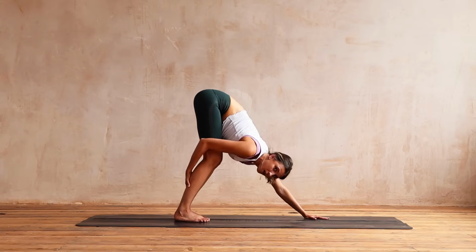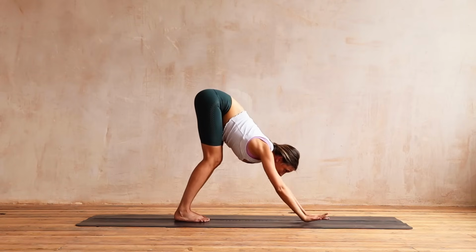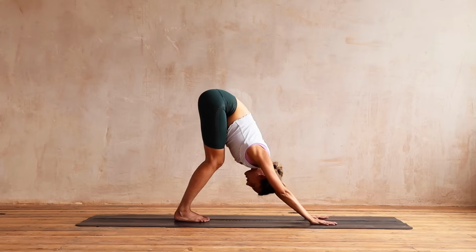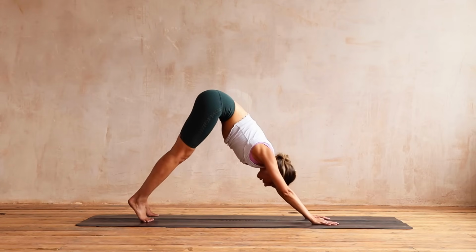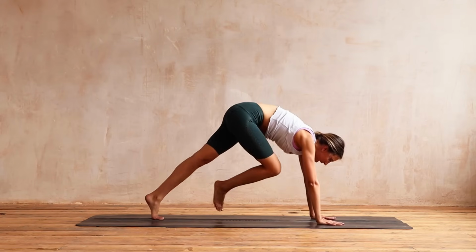Feeling into the calves here a little bit, maybe into still the hamstrings, tuck the tailbone under. So it's definitely not a downward dog shape, it's different. We're just going to press back here. Good, now open it up again, walk those feet back. Enjoy sending the sit bones up to the ceiling, and then let's bring the right knee to the chest and